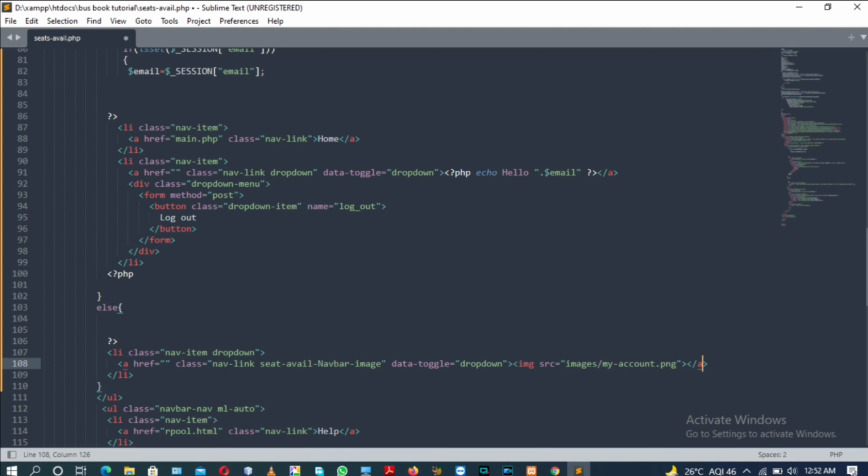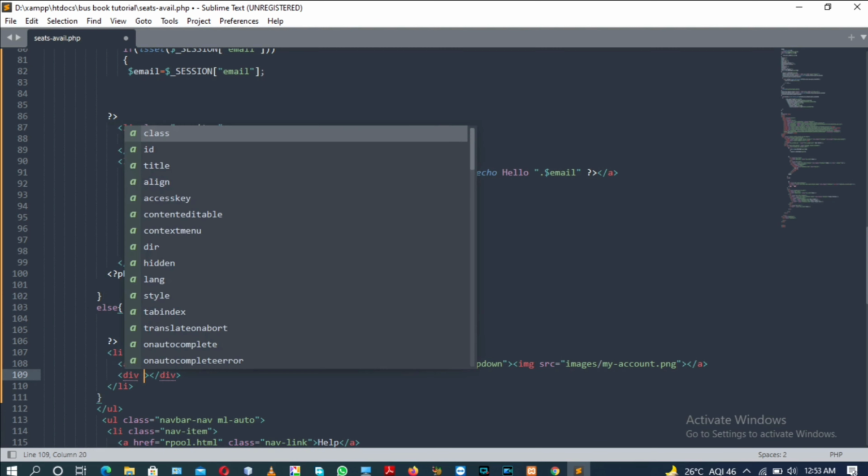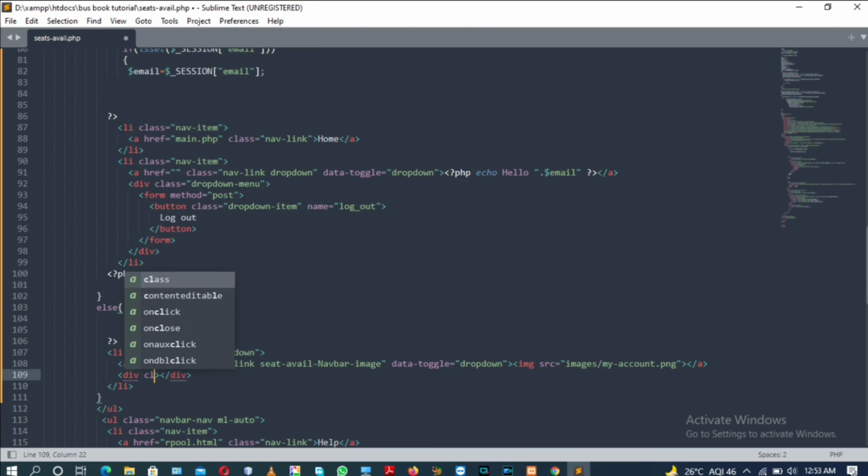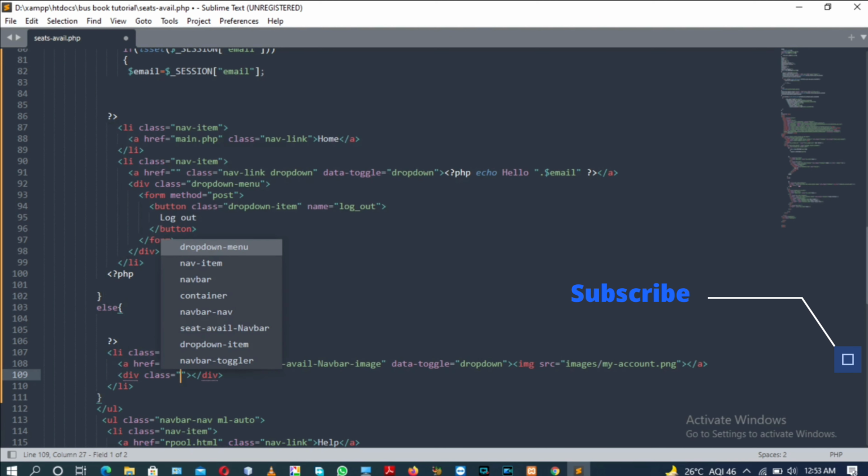After the closing of the anchor tag, we will have a div tag inside this existing li tag with the class attribute dropdown menu.